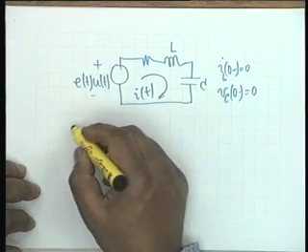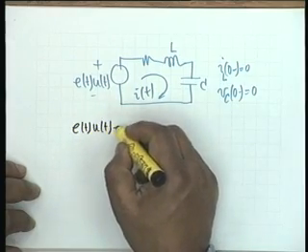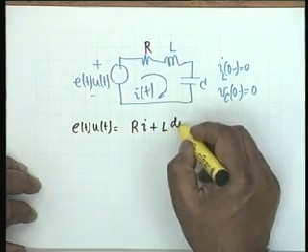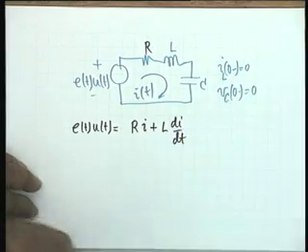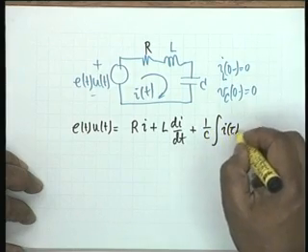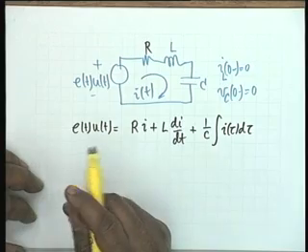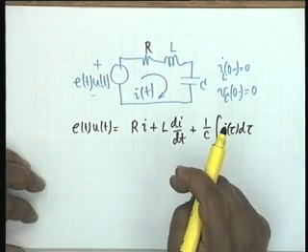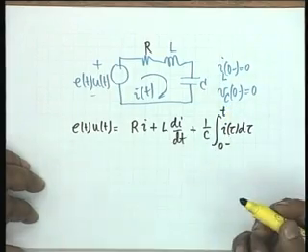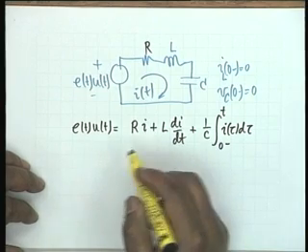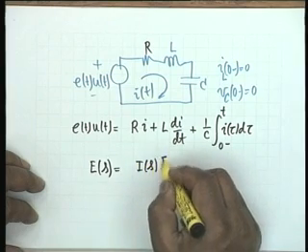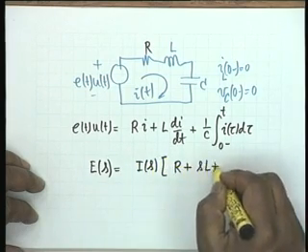Then our differential equation becomes E of t u of t equals R I plus L dI/dt. You see, I_L of 0 minus is of no concern, but plus 1 over C integral of I tau d tau. Here, if V_C of 0 minus was not equal to 0, we would have to write it specifically, the integral from 0 minus to t. And the simplest thing that one can do is to take the Laplace transform, that is, you get E of s equal to I of S multiplied by R plus SL plus 1 over SC.